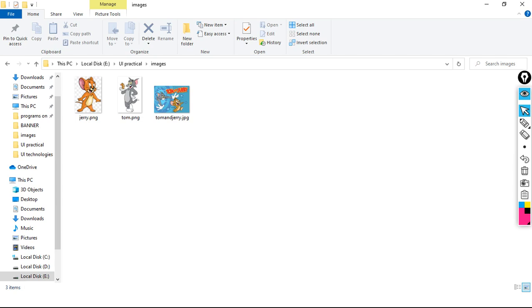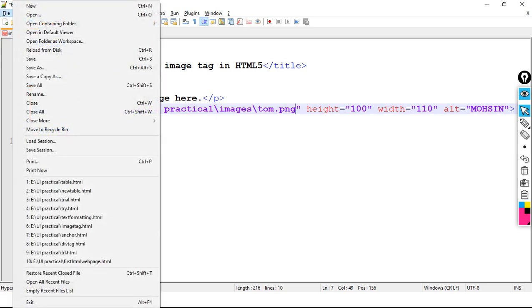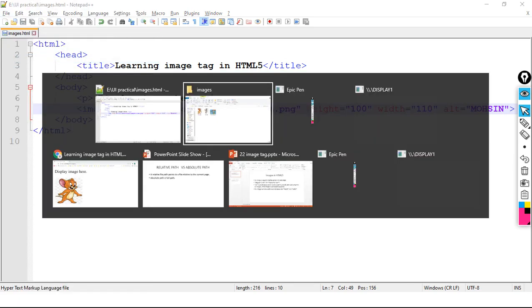Okay, so what I will do, I will give the complete path, E colon backward slash UI practical backward slash images folder. In the images folder I have tom.png file. Let's save the code and execute the code.